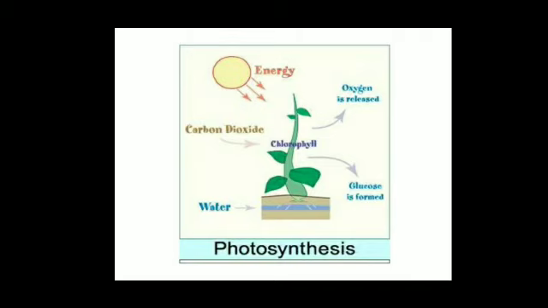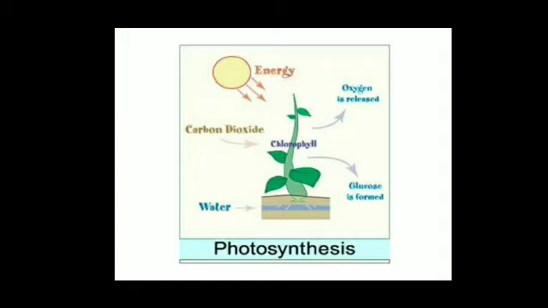And the process by which plants prepare their food by using simple inorganic substances is known as photosynthesis. So the raw materials required by plants to perform the process of photosynthesis are, first, chlorophyll that is present in leaves. The cell organelle that contains chlorophyll is the chloroplast, and it is a type of plastid named chromoplast.